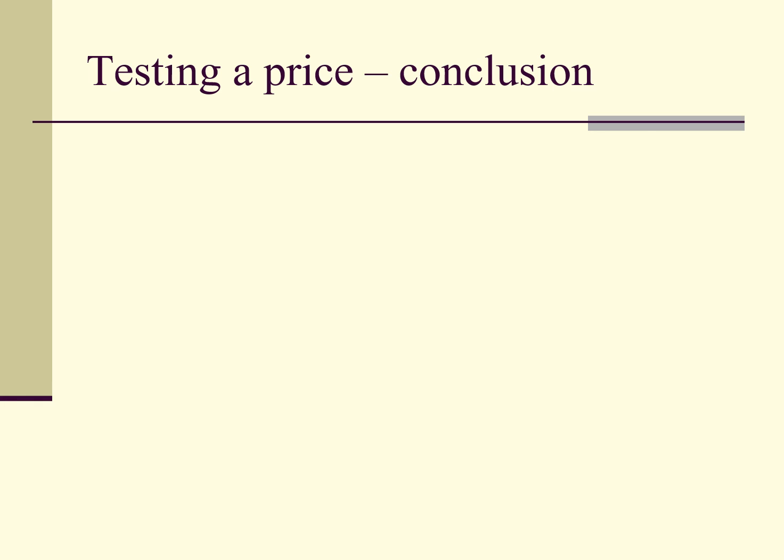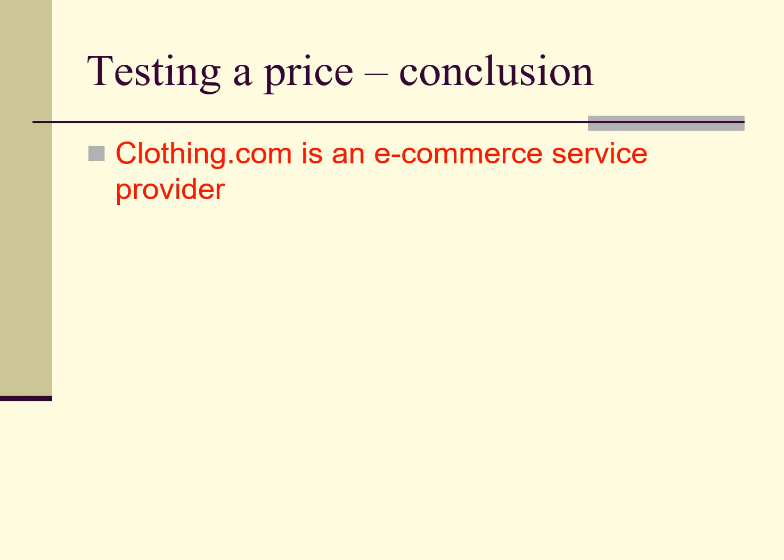Now that we know what kind of transaction we are dealing with, we can choose the correct pricing methods to test the pricing between Clothing Inc. and Clothing.com. As noted in the previous slide, Clothing.com provides a service to Clothing Inc. We can call this service an e-commerce service provider. To price this service, we would go to the regulations for services between controlled companies. Under these regulations,